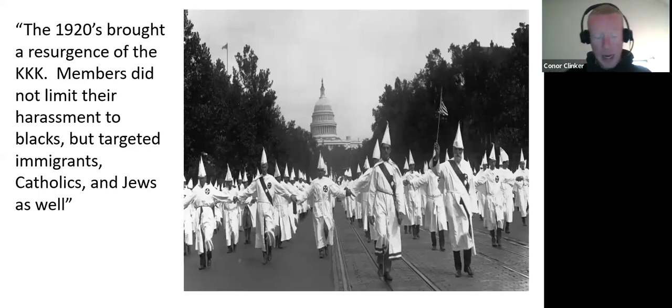They define white with the acronym WASP: White Anglo-Saxon Protestant. To be fully white, according to the Klan, you had to be white Anglo-Saxon Protestant. You had to be white, obviously, but Anglo-Saxon, English or German. That's shorthand for Northern or Western European. And so they want to restrict Southern and Eastern Europeans. Why? Because Southern and Eastern Europeans tend to be Catholics.